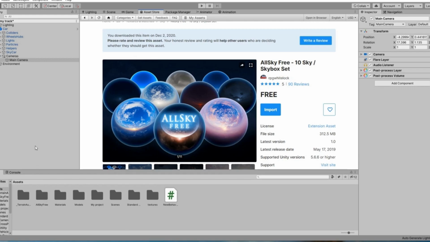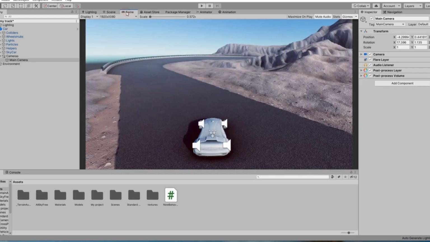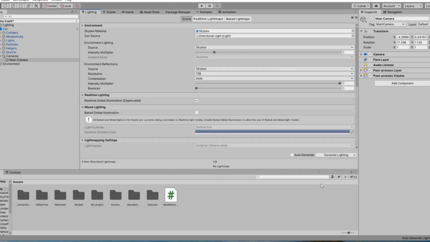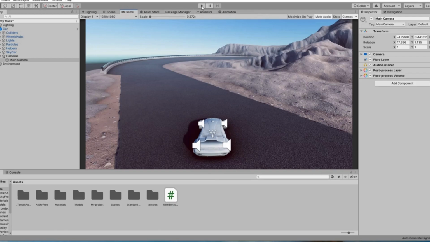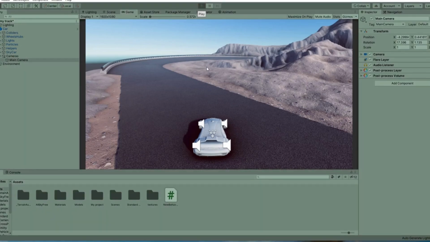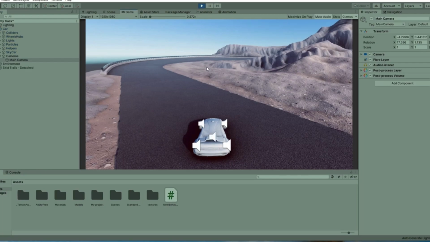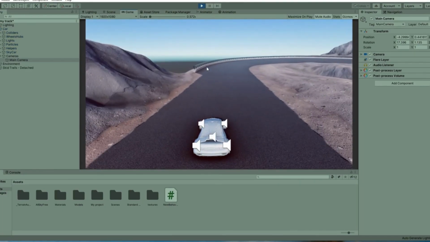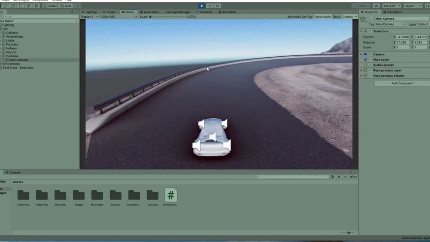So there are two ways to add Skybox in your game. You can go to the camera. First I will go to the game view. And you can see that our scene is also looking better than previous because it was darker previously. Now I have clicked generate lighting and it has generated lighting. So if I play now, you can see that after lighting has been generated, it is looking a lot better.